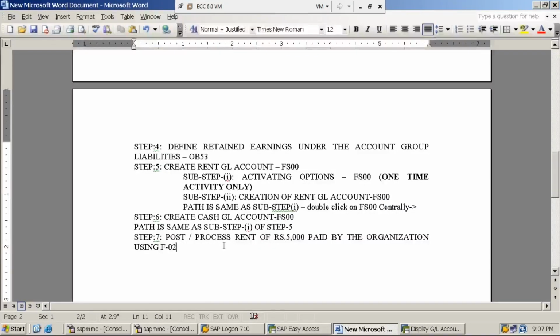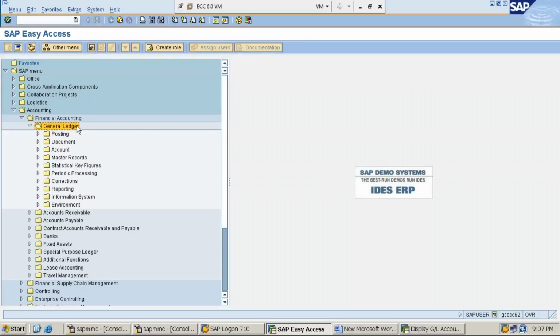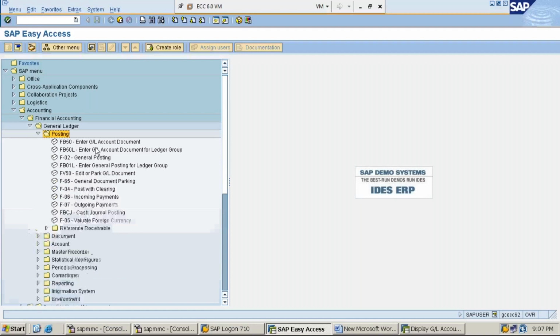Some things we can understand if we observe carefully. Now, based on the step description, which option should I go for next: posting, document or account? Posting, correct.